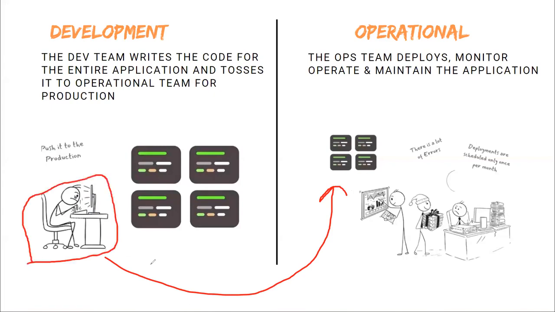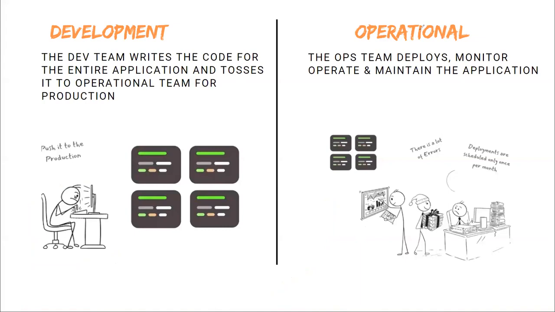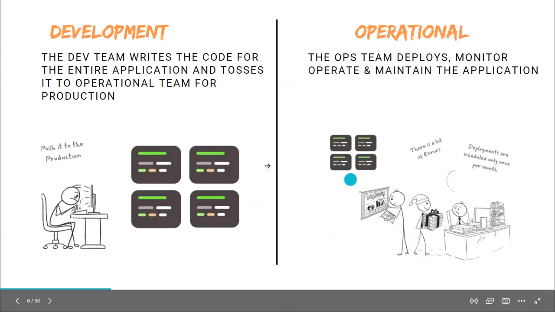But the same application, when given to the operation team, stopped functioning. The application he has given to the operation team is not properly working. So then what does this developer think? He has given the code to the operation team, and the application started working fine on his local. But when it comes to the production environment, it is not working fine. Then there will be some disputes among these two teams, because the reason they got the error is there is